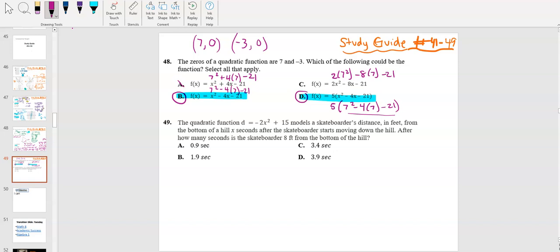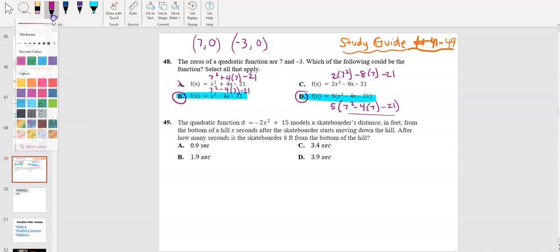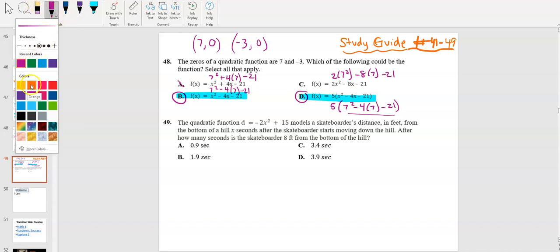That one takes a little longer. I think taking your zeros and plugging them into each equation is a little bit faster. That's my suggestion. And then the last one that we're going to go ahead and go over is this one